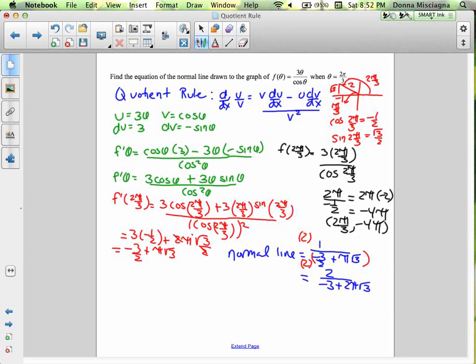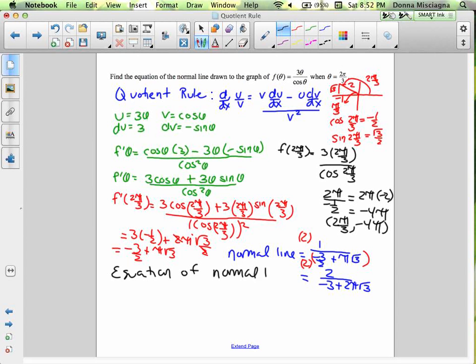So the equation of the normal line is going to be, it's going to be a lovely equation here, y plus 4 pi is equal to 2 divided by negative 3 plus 2 pi square roots of 3, that's our slope, times x minus 2 pi